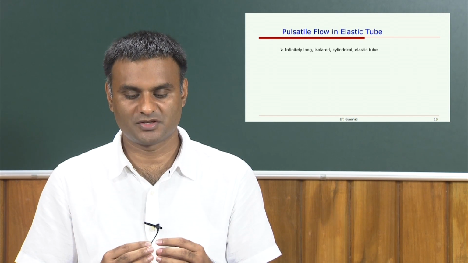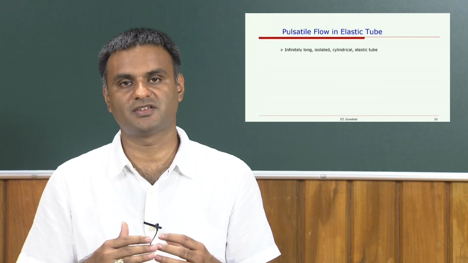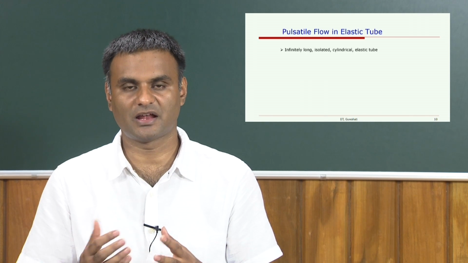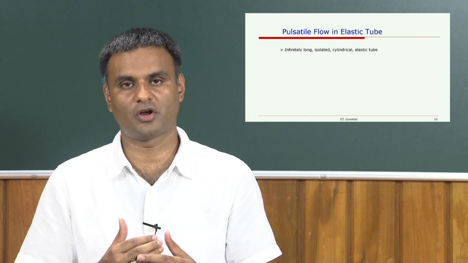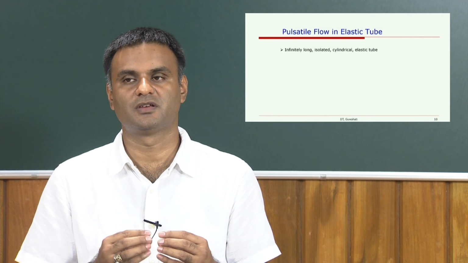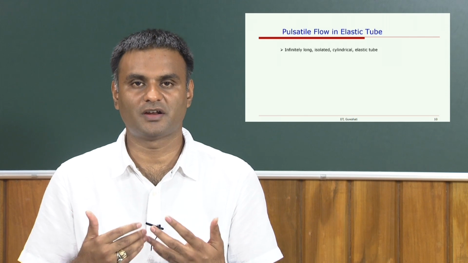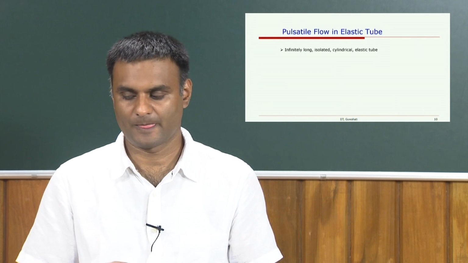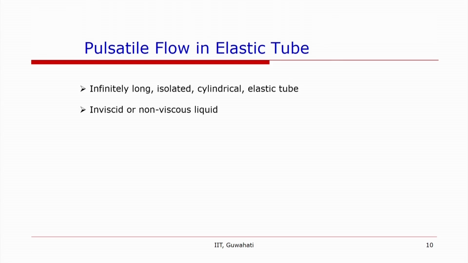The system is isolated, the cross section is circular and the channel is cylindrical, and it is an elastic tube. So we will consider that the tube follows Hooke's law, and again we will use the relationship between sigma and P, or between A and P for an elastic tube that we just obtained in the previous problem. Okay. And then we assume that the fluid that we are considering, unlike the previous problem where we considered the